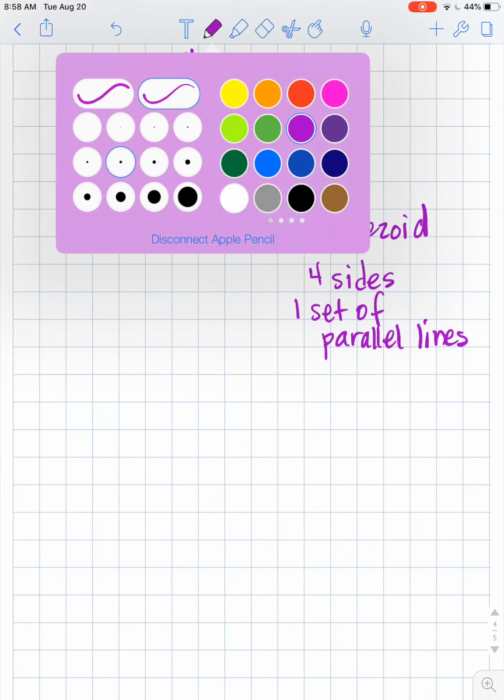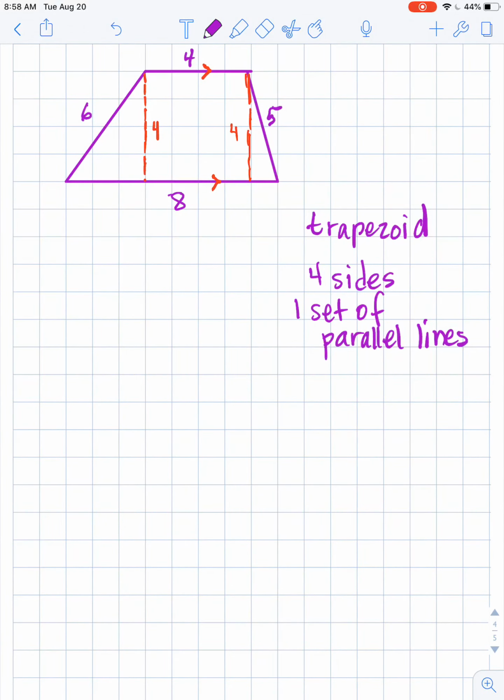So a trapezoid has four sides that are connected, and it only has one set of parallel lines. It can have right angles. It doesn't always have right angles. This one doesn't have any right angles. So